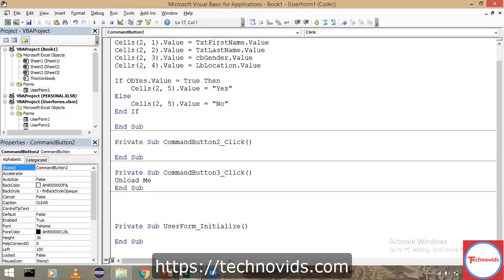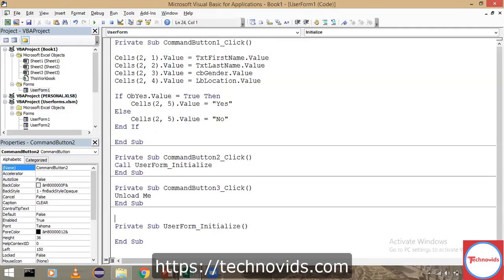So I will simply write a single line of code to call this function. Control C and say call, Control V. Now we'll start writing the things here. This is the initialization part.